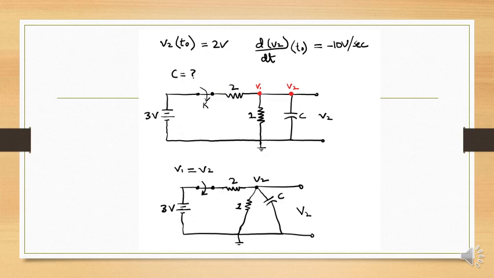These are the parameters given in the question, and what we are going to find out is the value of C. We have this kind of circuit. I am making two nodes, V1 and V2, as there is a short in between. So this would be our type of circuit. It has only one node, that is V2, right? So I am going to write the equation for this. V1 is equal to V2 because of this short.